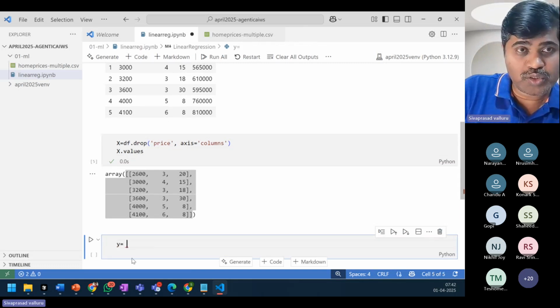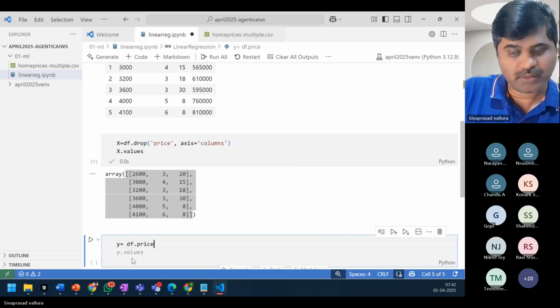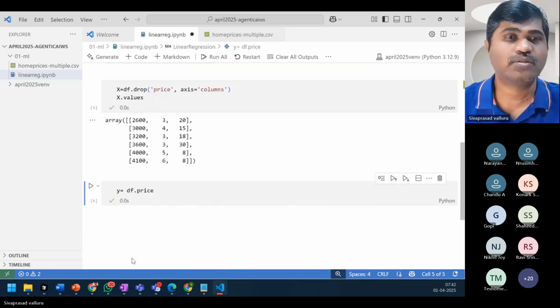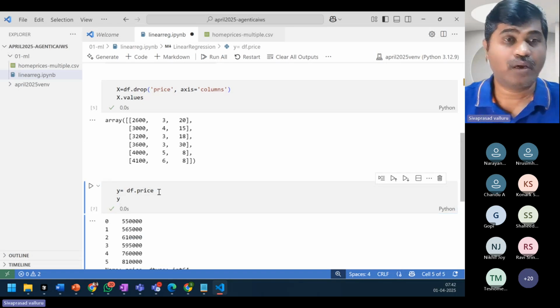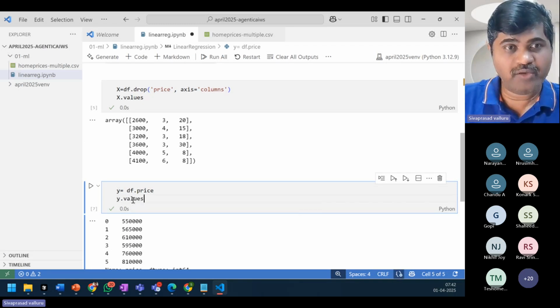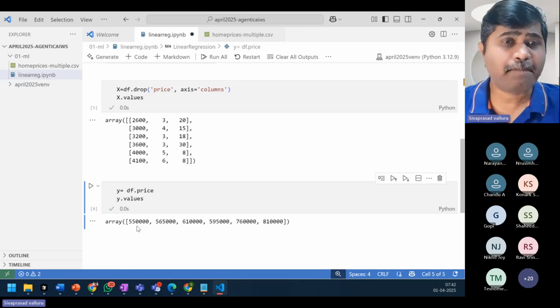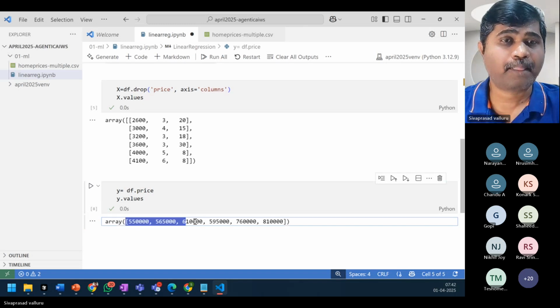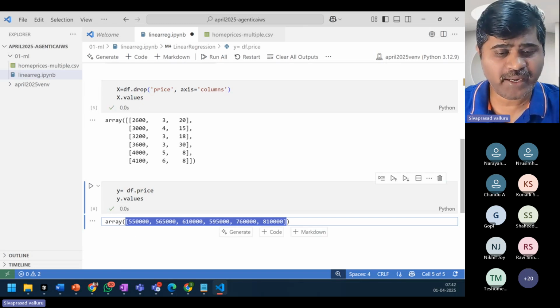Y is equal to df dot price. Let me display the value of Y. Y is again displaying as a data frame. Y dot values. I got it as an array. So I now have X values as a three-dimensional array. Y values is a single dimensional array.